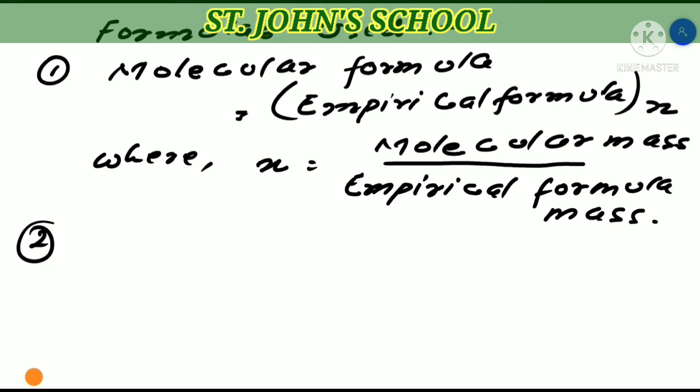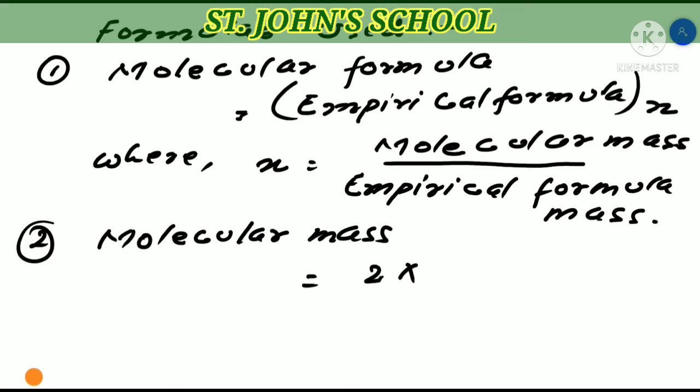Now the second one, which we have already discussed, is the relative molecular mass, because in order to calculate the value of n, we always require the molecular mass. So relative molecular mass will be equal to, as we have already noted down before, 2 into vapor density. You will note all this down, students. After this we can start the numericals related to this empirical formula, which we'll do in the next video.